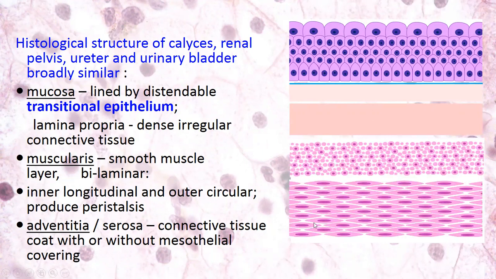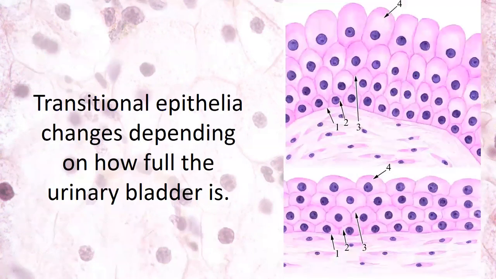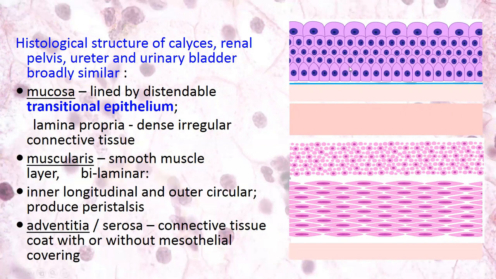Deeper, we have muscularis, but look here, the outer layer is circular and the inner is longitudinal. It's different from the digestive system, where the inner layer is circular and the outer is longitudinal. And the outermost layer is usually adventitia, but in some places it's serosa. For example, near the bottom of the urinary bladder, it's covered with serosa, with peritoneum, so it may be partly adventitia or serosa. And a special feature of the urinary tract is the epithelium, and the epithelium is transitional, so it's called